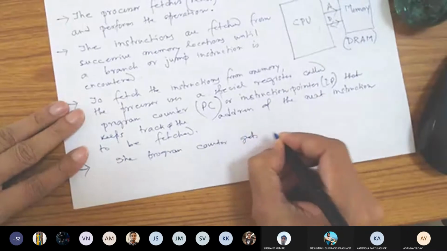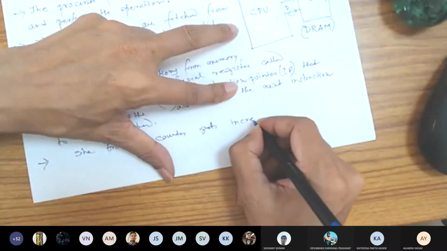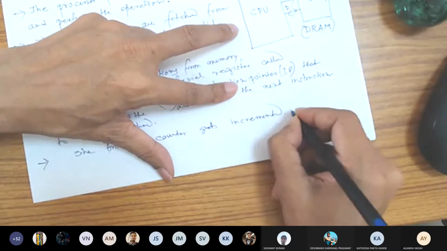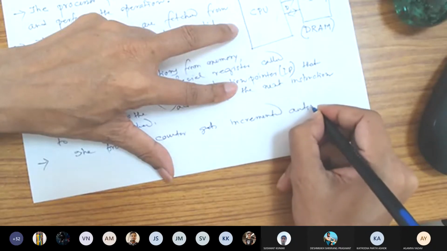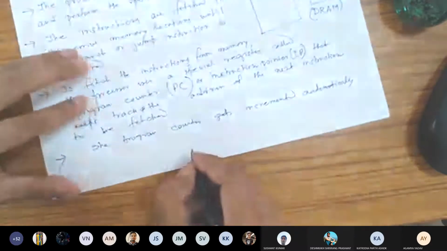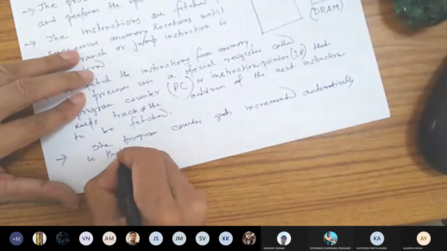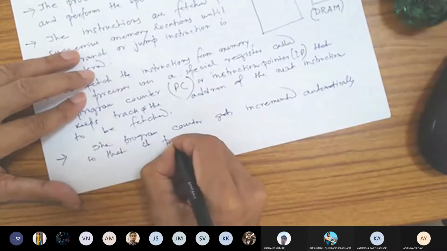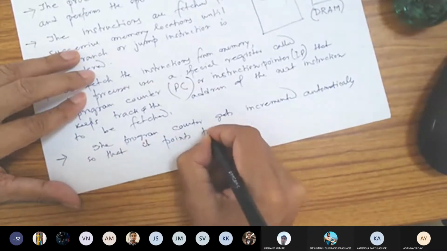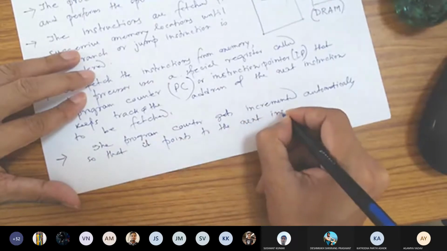So that means the program counter gets incremented automatically, so that it points to the next instruction.